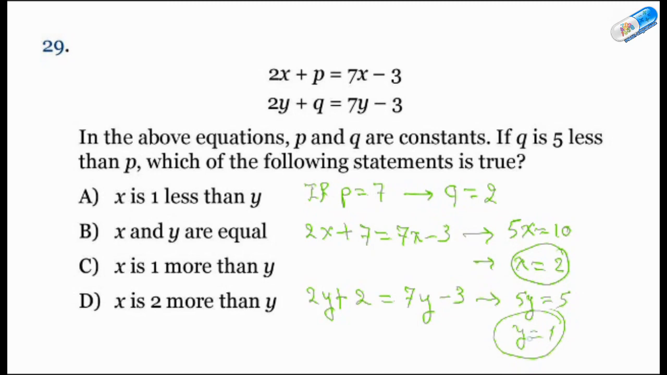And let us see which one of these choices gives me the correct answer. X is 1 less than y. Is x less than y by 1? No, x is more. So x and y are equal? No. X is 1 more than y? Yes, x is 1 more than y, because if x equals 2 and y equals 1,